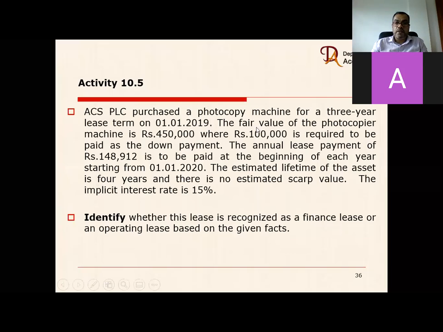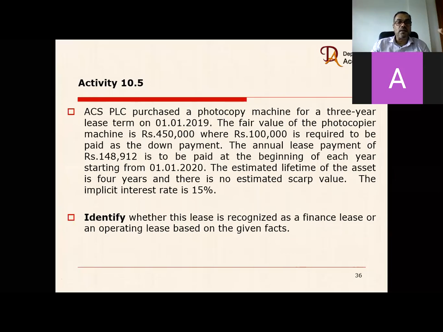ACS PLC purchases a photocopy machine for a 3-year period. Lease term is 3 years. Fair value of the machine is 450. So the value has been given in a different form. Fair value means, from the lessee's point of view, this 450